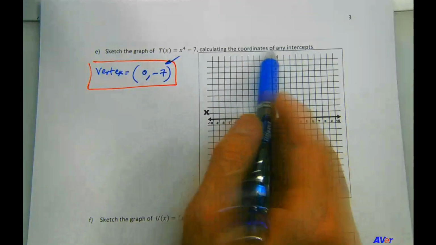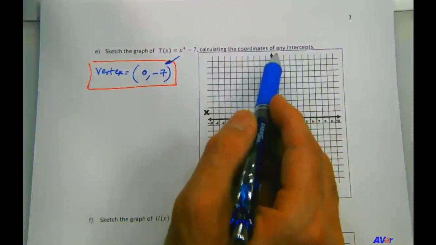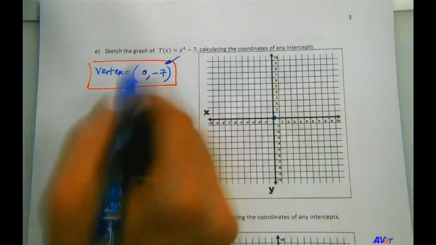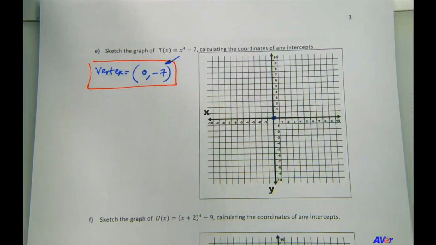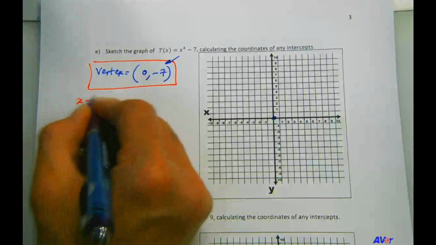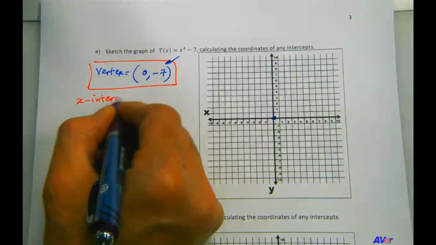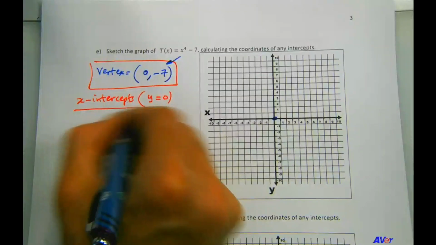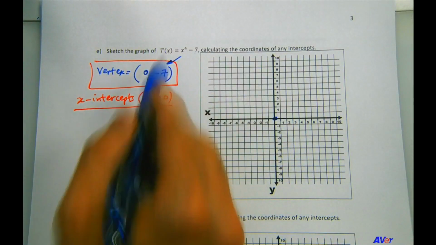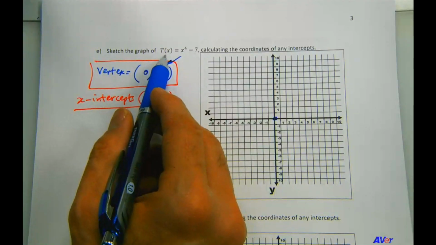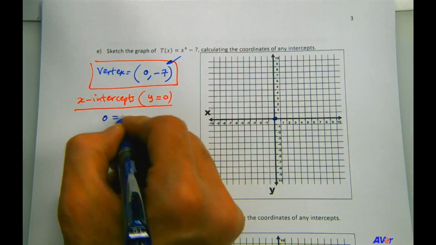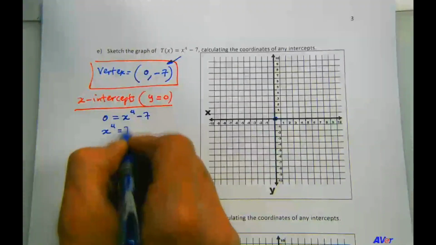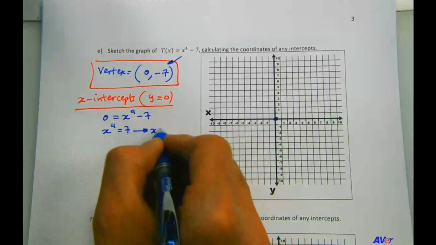And the intercepts, we need to calculate that. So this is calculating the coordinates of any intercept. So the x-intercept or intercepts will be when we have the y value equal to 0. So that will be t of x equals 0, equals x to the 4 minus 7, or x to the 4 equal to 7, or x equals